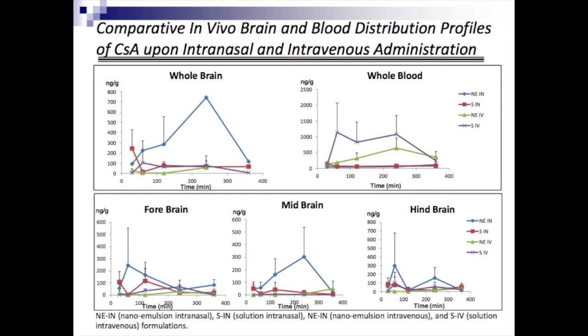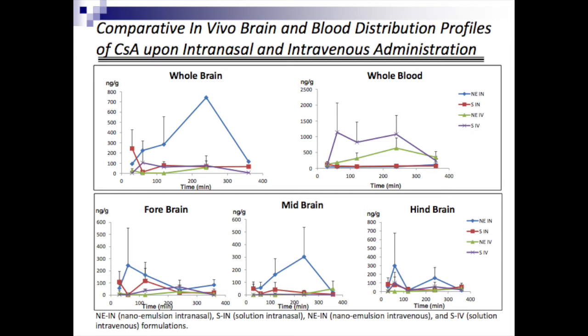But also we find that the bioavailability is preferentially in the midbrain region, the regions of the brain that are critical for some of these inflammatory responses, especially the substantia nigra area, where the dopamine-secreting neurons are present that are destroyed in Parkinson's disease. So with this data, we were excited to then move forward and see how cyclosporine could become a therapeutic for